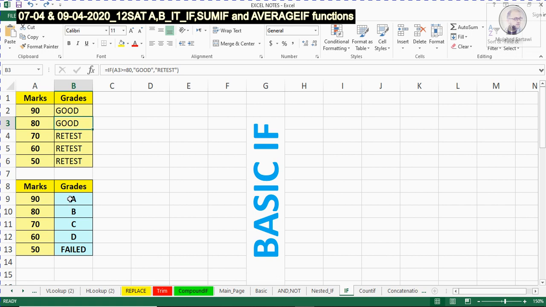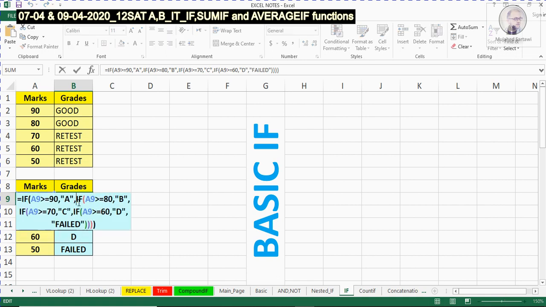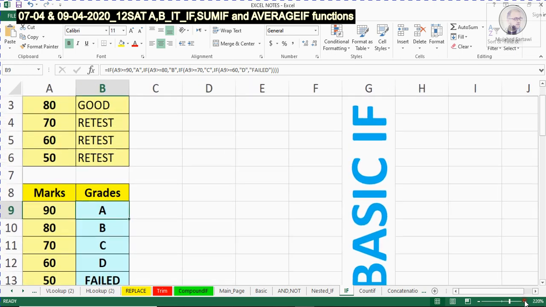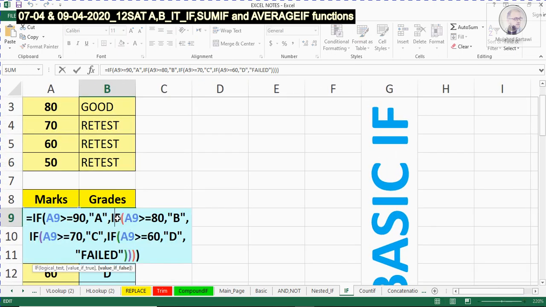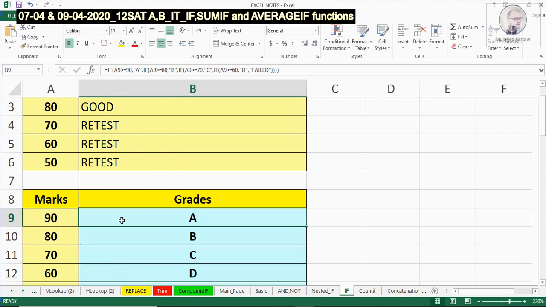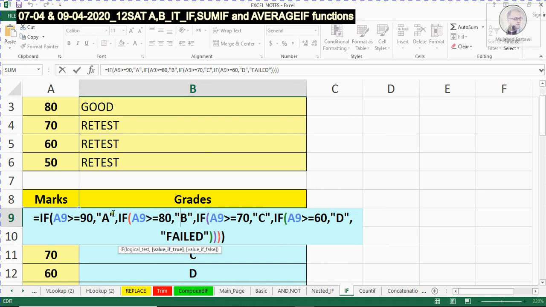Again, here we have grades in letters: A, B, C, D, and failed. Let's take a look at this. Let me zoom in just to show you what is inside this cell. Let me increase this space so that you can see all the values inside this cell. Equal sign, IF, condition. If the value of A9, the value here, which is the mark,